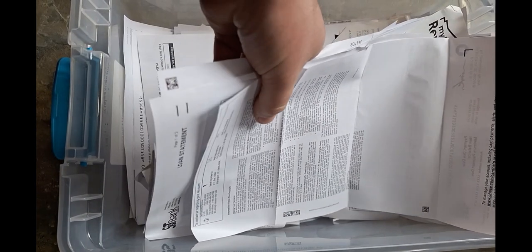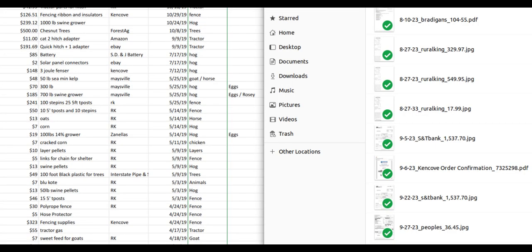How do you track your receipts? Are they a crumpled up mess? Or did you put them in a box? Perhaps you're one of those organized people and you have a spreadsheet and you have files for each and every